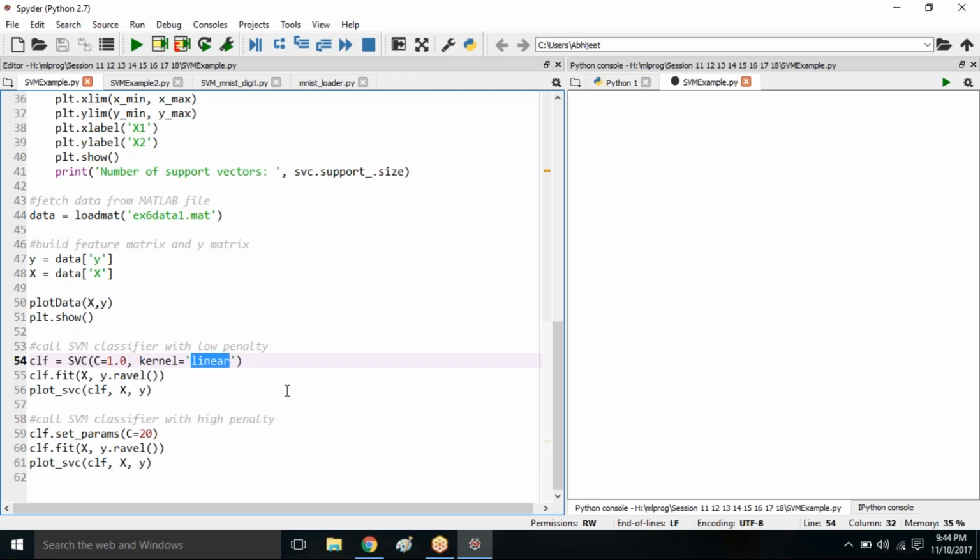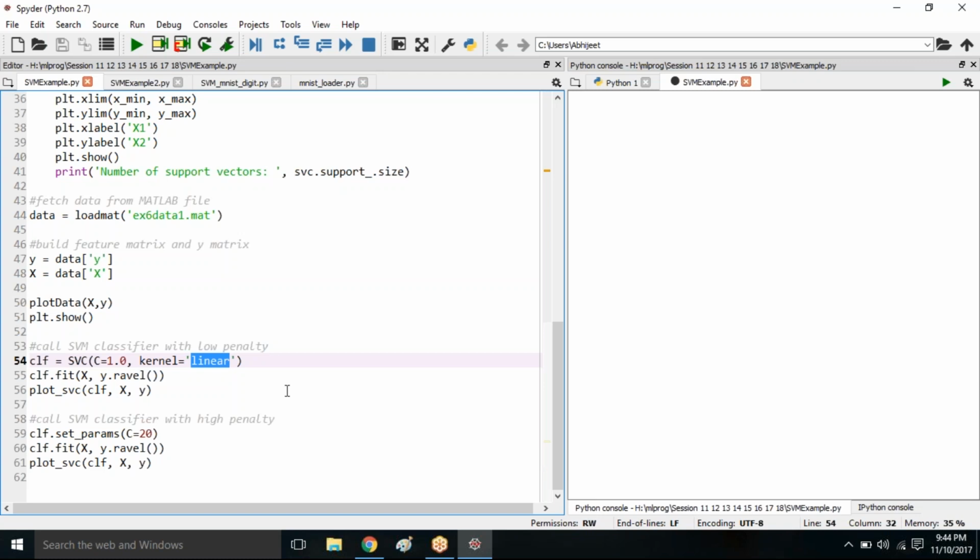Like in the theoretical session, we have seen how you can transform 1D data into 2D data by going through a parabolic function. And we have also seen how 2D data can be projected into 3D so that both the classes can be divided. But for those transformations you need some kernel, a non-linear kernel, right? But here